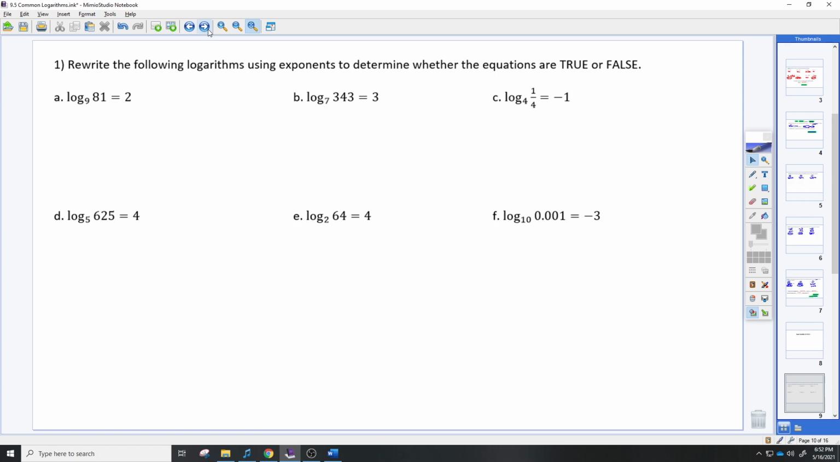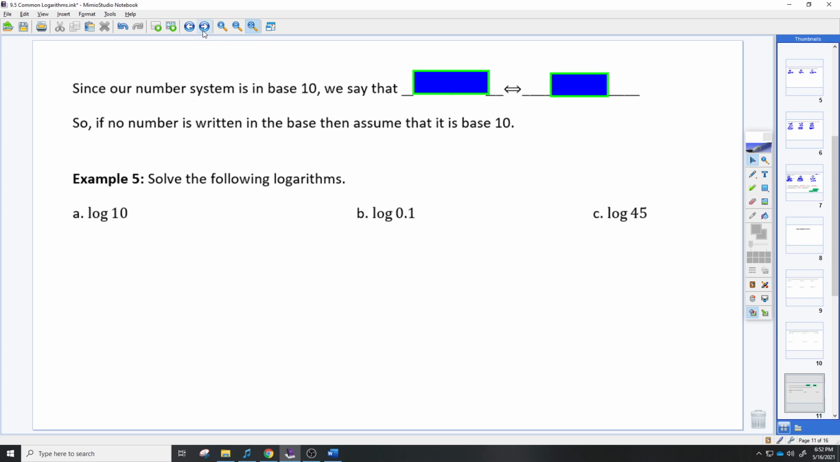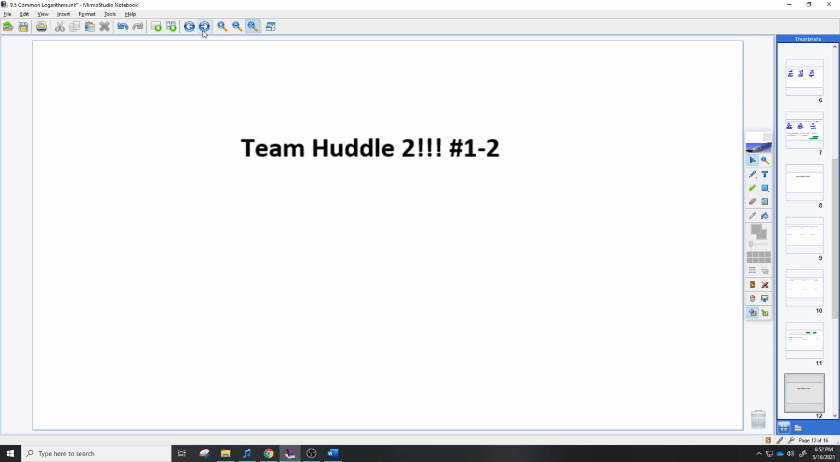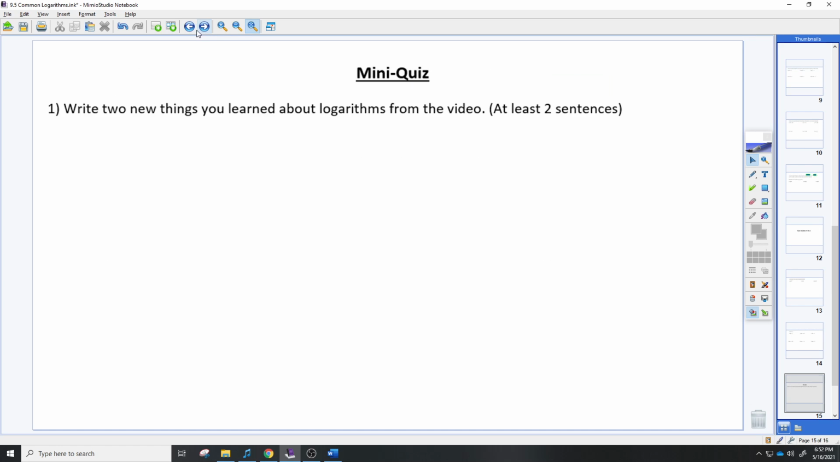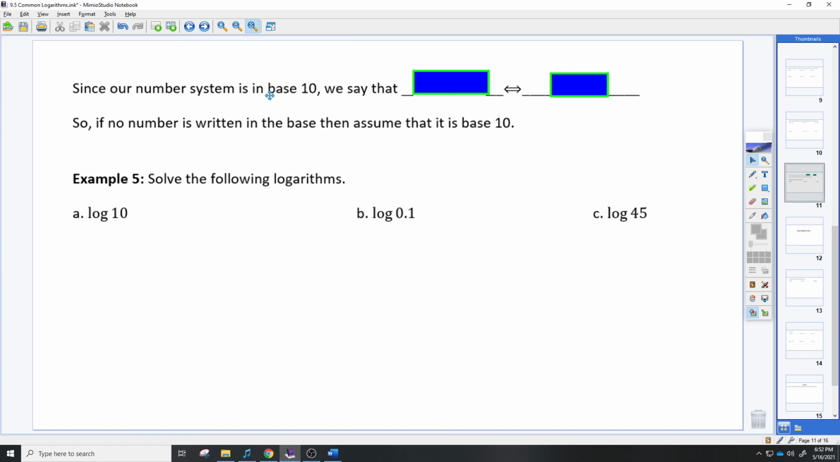So you have a couple huddle problems to try. These ones are true and false after you write it from log to exponents. And then this one here, you're rewriting it to logs, and you have to use a calculator for it. And we're going to go for one more thing, and I think that's it. The last thing here is a little bit more of a shortcut,